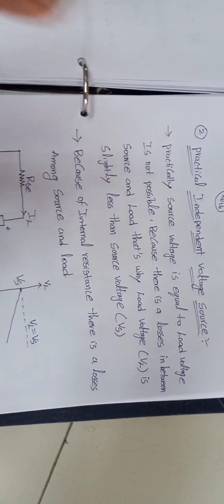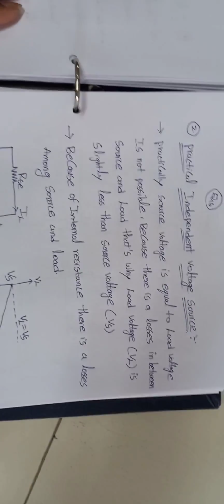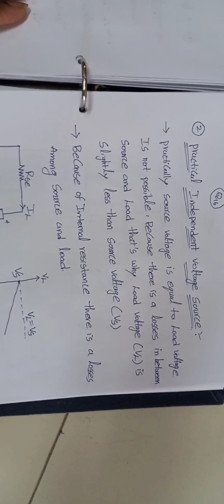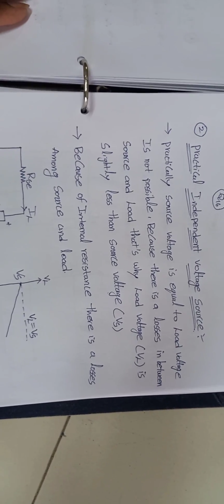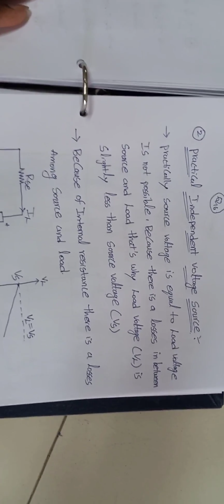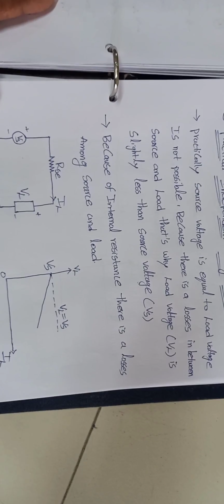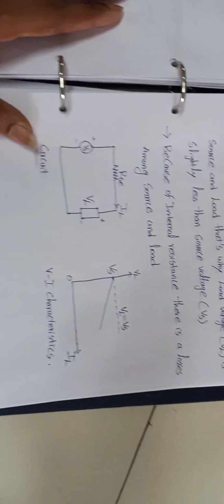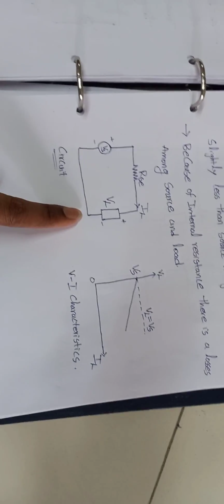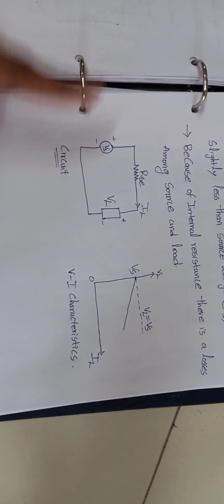That one only I have written here. Practical source voltage equal to load voltage is not possible because there are losses between source and load. That's why the load voltage is slightly less than the source voltage, because of internal resistance; there are losses between source and load. Previously also the same diagram, there is no difference between the previous ideal independent voltage source and this one,